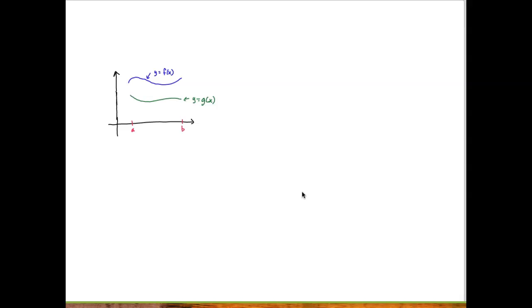And I specifically would like to only know the region between them, right? So I want to figure out how to set up an integral that will do that. And so it's actually, I think, pretty intuitive, which is, if I took the integral from A to B of f of x dx,